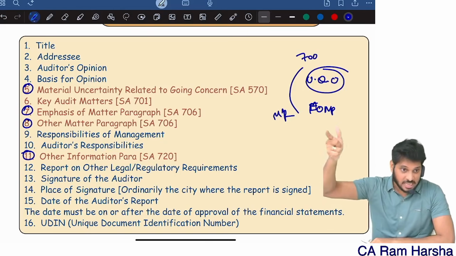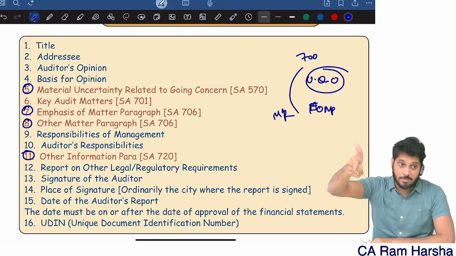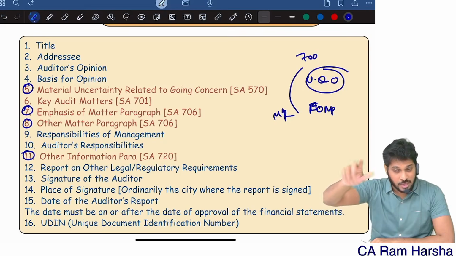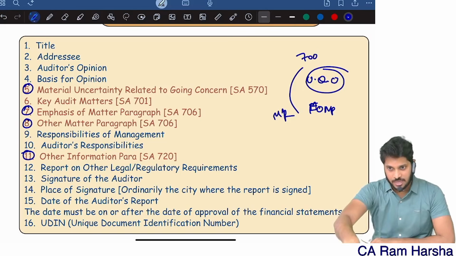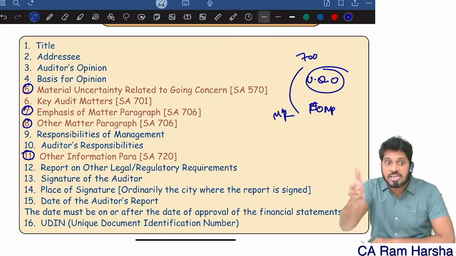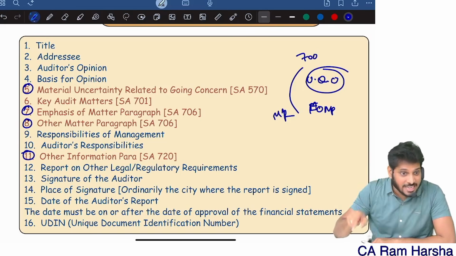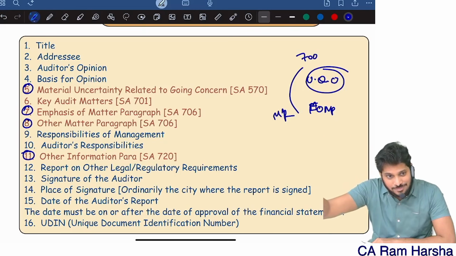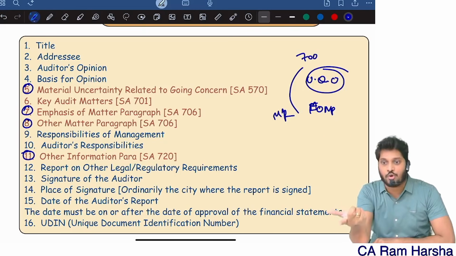Modified report means what? In a modified report, my opinion can be unmodified, but I'm including emphasis of matter 706. I'm including some issues as per 705. Then the report gets modified. The 700 report we are modifying now. That's why you see the 705 standard heading, modifications to the report in independent auditor's report. So when I modify the report, getting it?